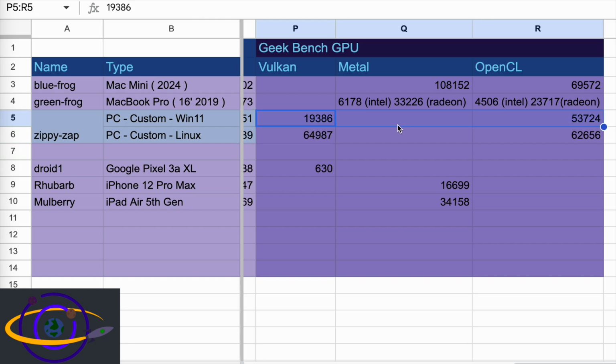So this is Windows versus Linux. We're getting better results on Linux. Now, this is different from what I've seen when actually running games. I've had better performance on Windows, though a lot of people report better performance on certain games using Linux versus Windows. It is worth pointing out that on Linux, we are using the proprietary NVIDIA drivers, not the open source